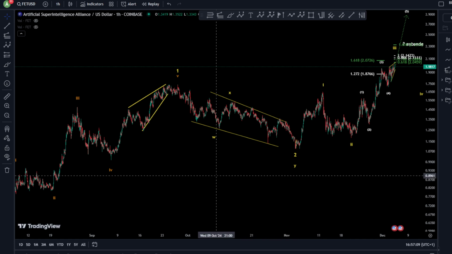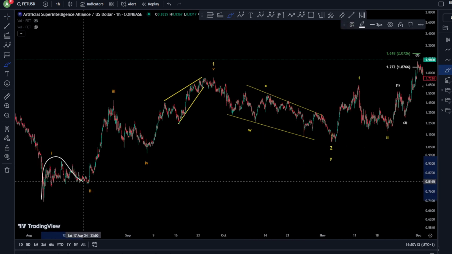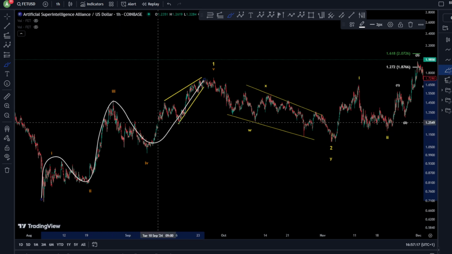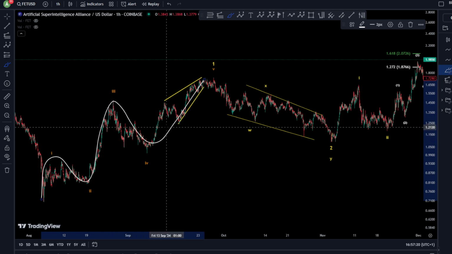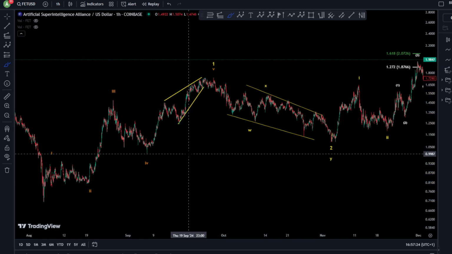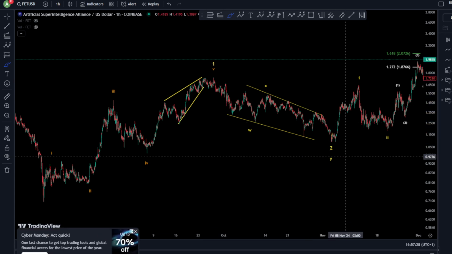FET price prediction based on Elliott wave analysis, starting on the 1 hour chart here for FET. I will not repeat the daily, of course, since I repeat it in almost every video, so no need to repeat it today. I just want to walk through the bullish scenario since we are already in a bullish scenario. We are looking at 1, 2, 3, 4, 5 here on the 1 hour chart, finishing a wave 1 of course, and WXY for your wave 2.